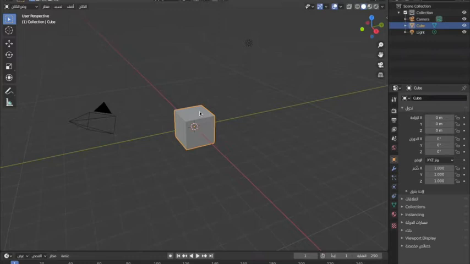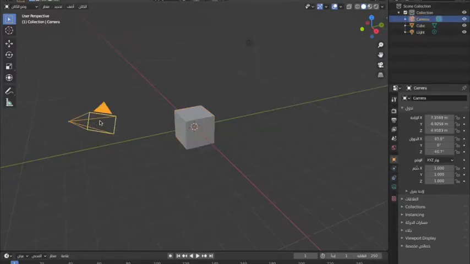Now to select the object, we click on the object like that. If we want to